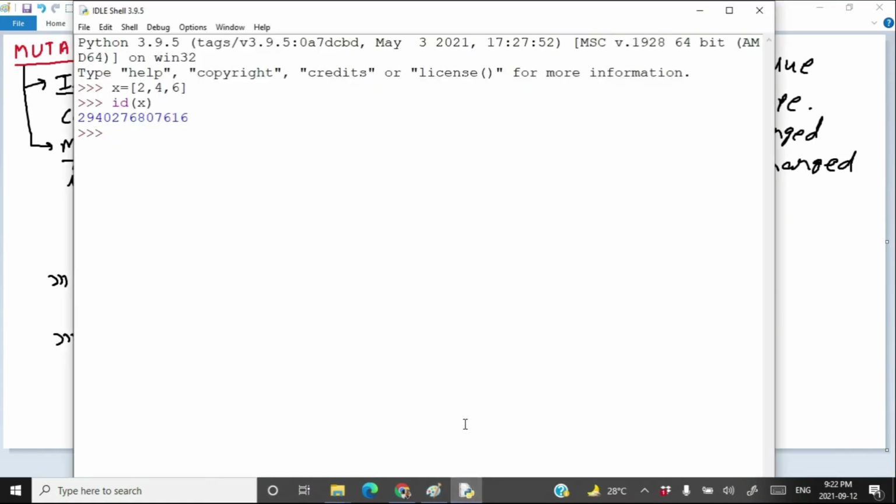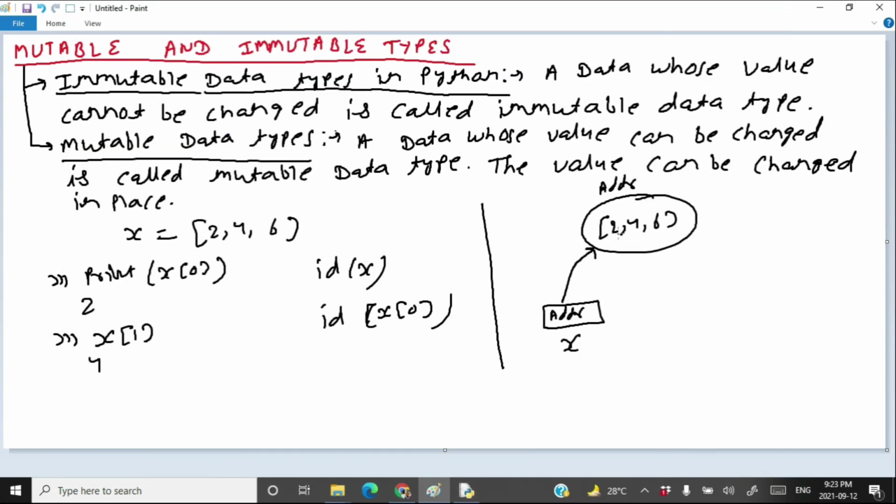But when I write id x[0], can you tell me which address it will give me? It is going to give you the address of 2. So actually this location does not contain 2 in itself.